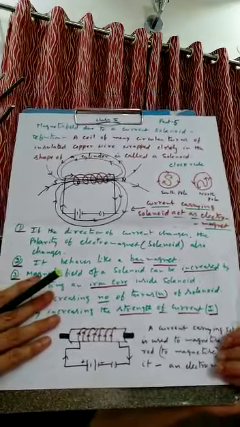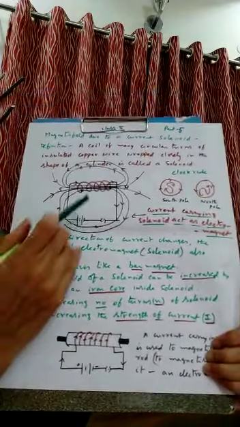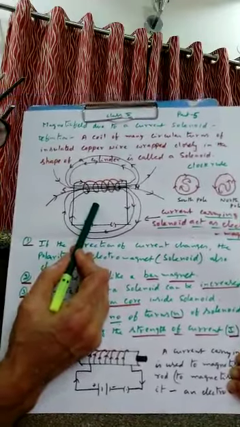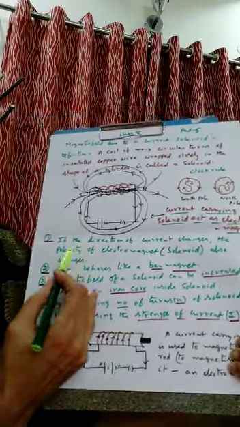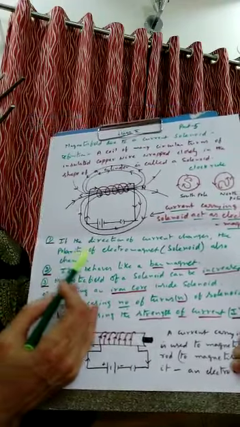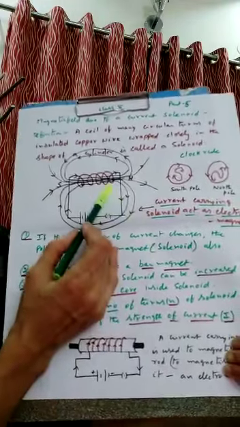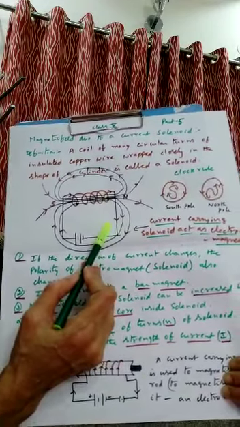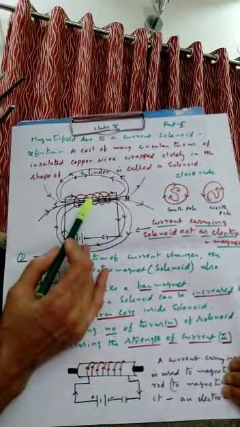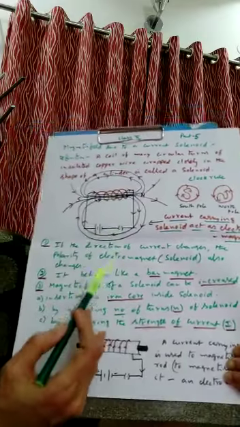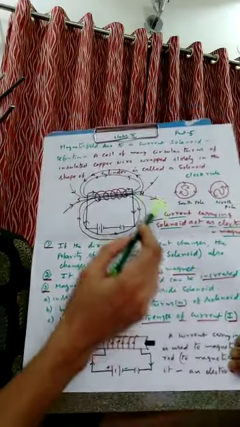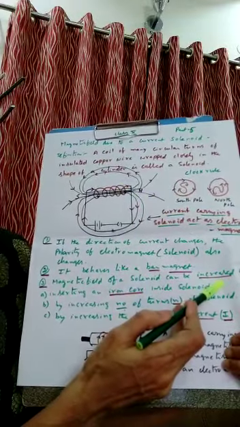Okay, to increase the magnetic field strength in the solenoid, what are the methods? This is a very important question for the board examination. First of all, polarity will change. I told you, it is also called an electromagnet. You know, a solenoid is called an electromagnet. It is a temporary magnet. If the current stops flowing, then it will not show any magnetic properties here. And the second point is, it behaves like a bar magnet, and we have drawn it already.